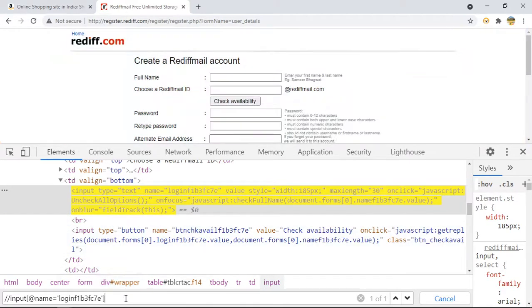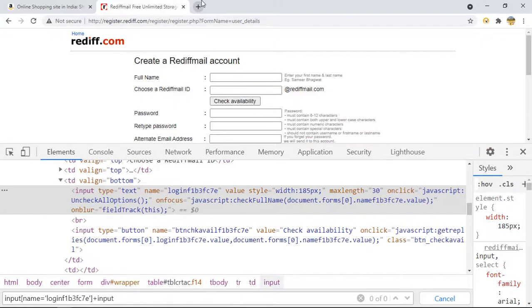And if I say it will not work. I think this is XPath, not double slash. Yeah, okay, that's why it is not working, I think. If I say plus input, I think I'm making some mistake.